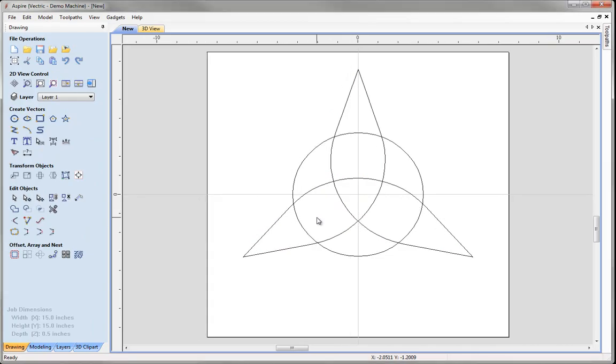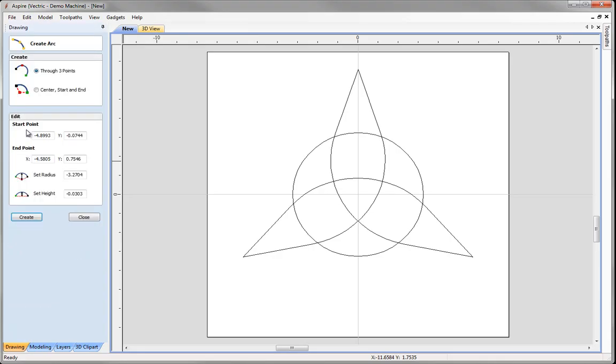We're going to use these vectors that we've created as the drive rails for a modelling function that's new to Aspire 4 called Extrude and Weave. This also requires us to have a cross-section shape as well, so I'm going to sketch that now using the Draw Arc tool. Let's come over and click on the icon to draw an arc, and you'll notice in here